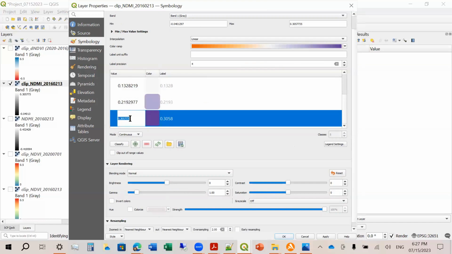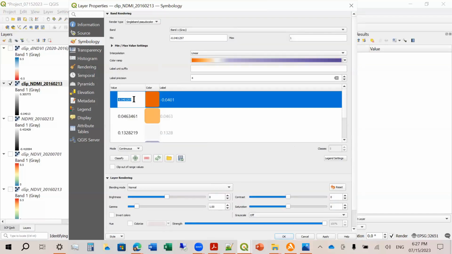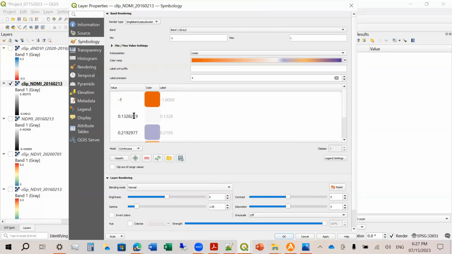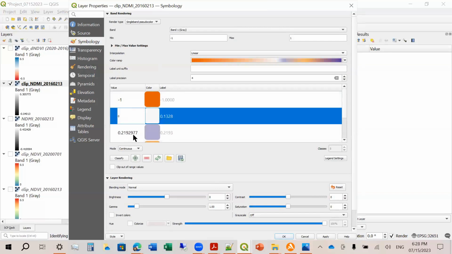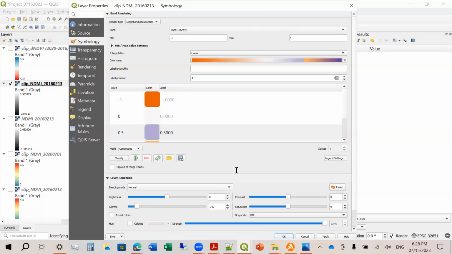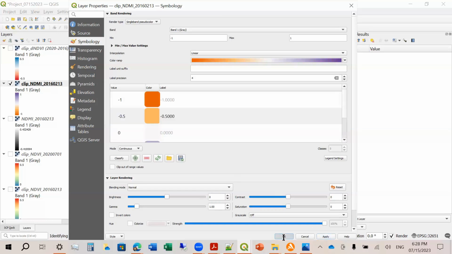Maximum value here is 1. Minimum value here is -1. This is -0.5. This is 0. And this is 0.5. Oh, sorry, this is -0.5. There you are. Okay, then let's apply.